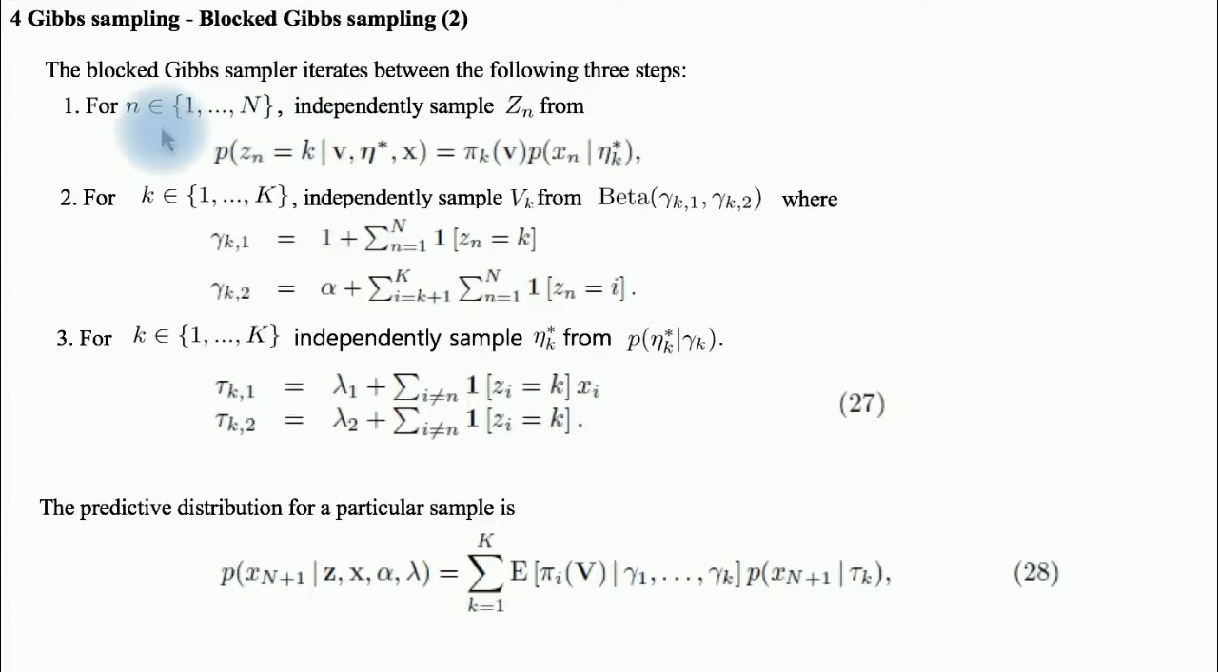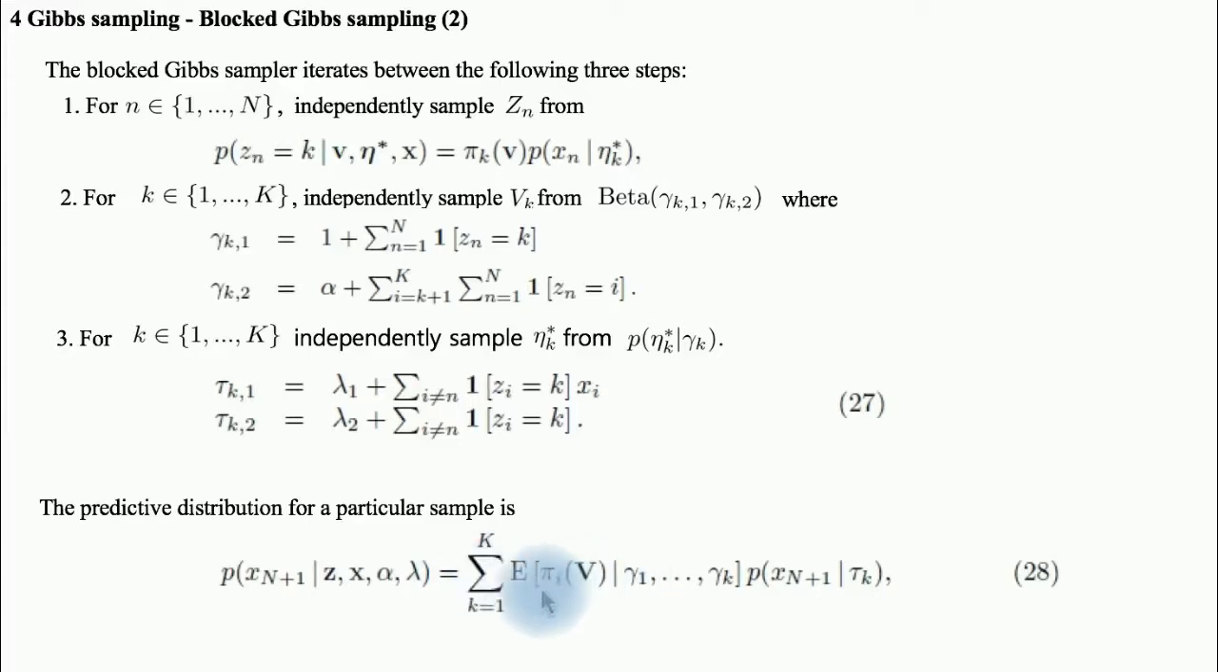First, it samples the indicator variable Zn, then it samples the stick length Vk from a beta distribution, and finally it samples the mixture component parameter eta star. After the chain has reached its stationary distribution, we collect B samples and construct the approximate predictive distribution. Again, this distribution is the average of the predictive distribution of each collected sample,